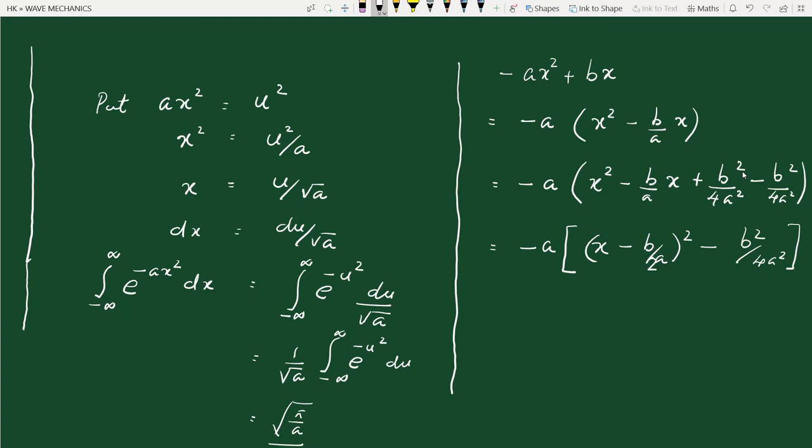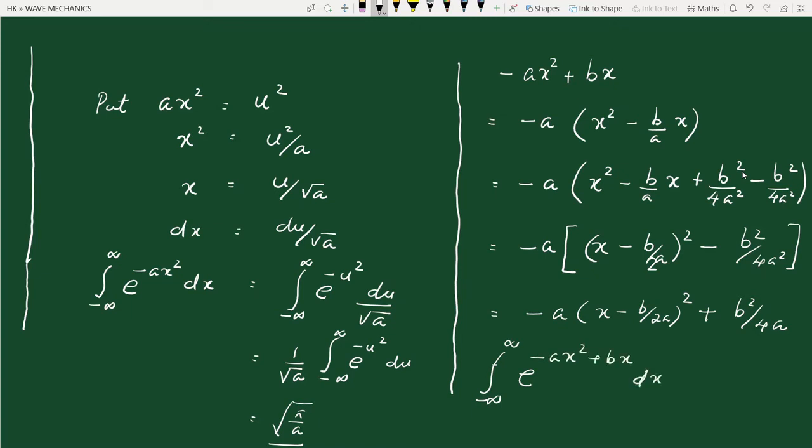This is correct? Okay. Let us multiply the two terms with minus a. So the first term is minus a into (x minus b by 2a) whole square. Then minus a into minus b square by 4a square, so we have plus b square by 4a. So this integral from minus infinity to plus infinity of e raised to minus ax square plus bx